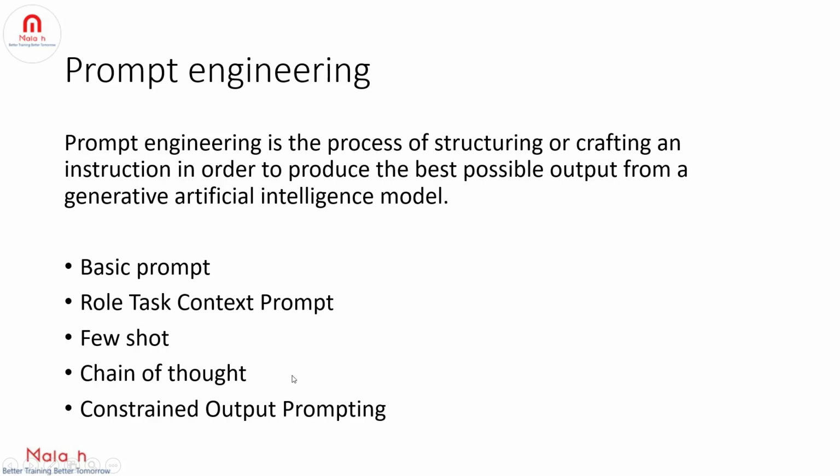Chain of thought means you are telling the LLM that you do not directly respond back. Instead, you pause, think step by step, and only then respond. This way the user will have more trust in the results predicted by the LLM, and the user thinks that the LLM is not hallucinating any results and is predicting accurate results. So when there are a lot of reasoning based tasks involved, you can go for the chain of thought prompt engineering technique. Now let's go to our code editor VS Code and see how we can implement this